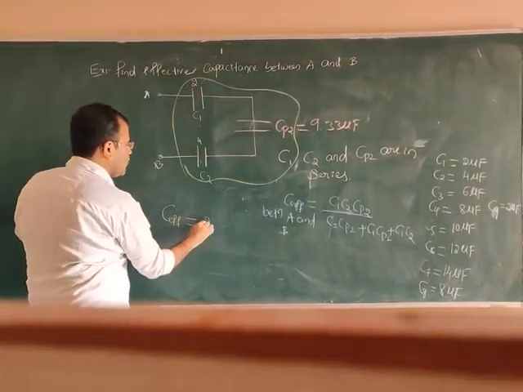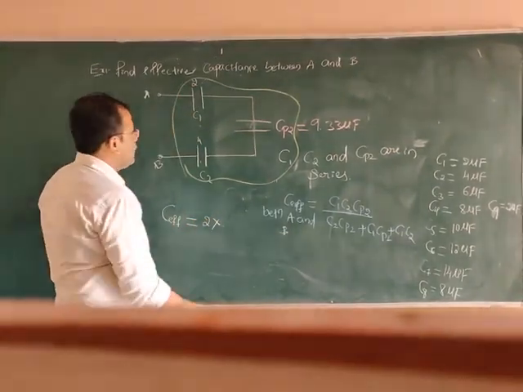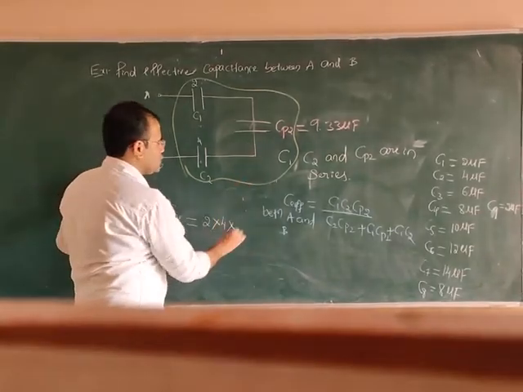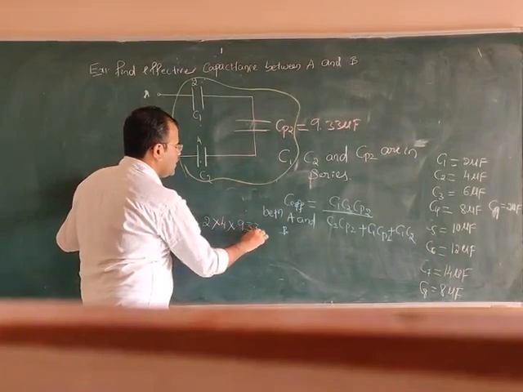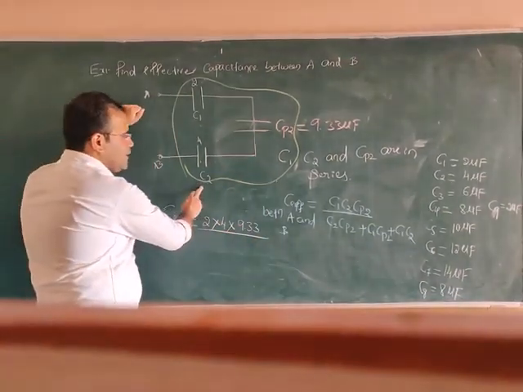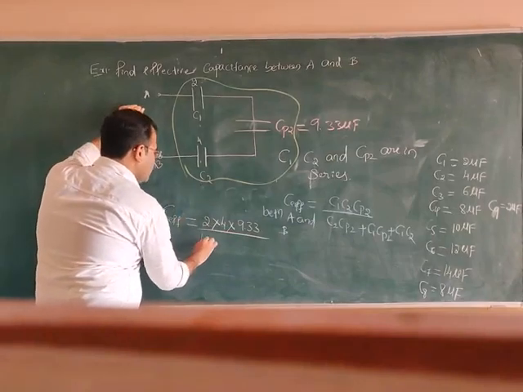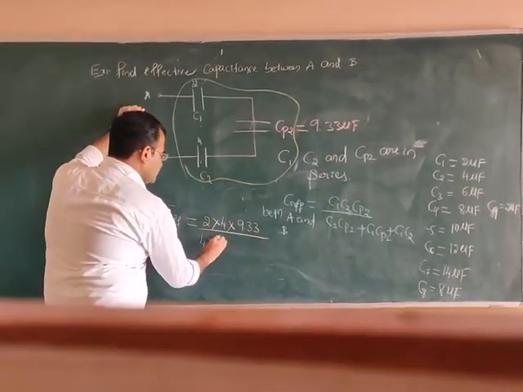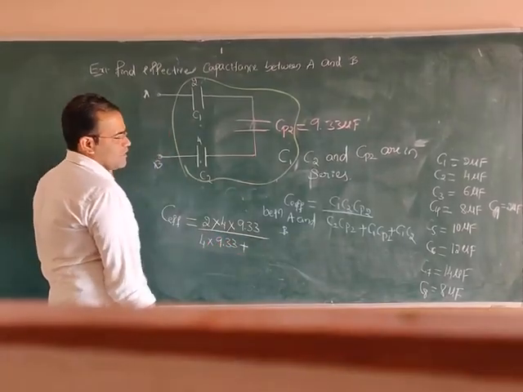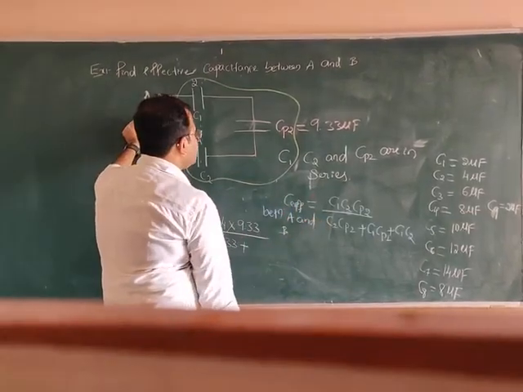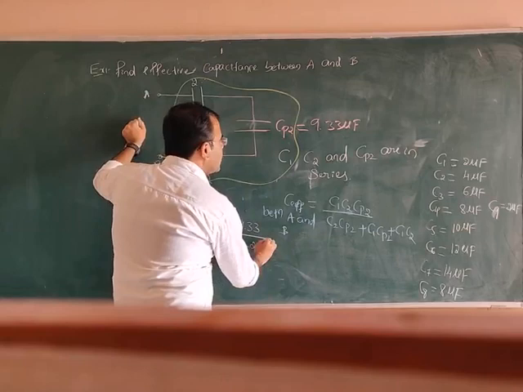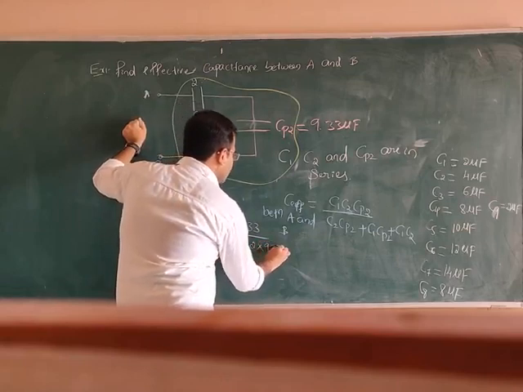So C1 value is 2 microfarad multiplied by C2 value. What is the C2 value here? 4 microfarad multiplied by CP2. So CP2 value is 9.33 microfarad divided by again C2, which is 4, multiplied by CP2, again 9.33, plus C1 into CP2. What is the C1 value? Again this is 2 into CP2 value, again 9.33, plus